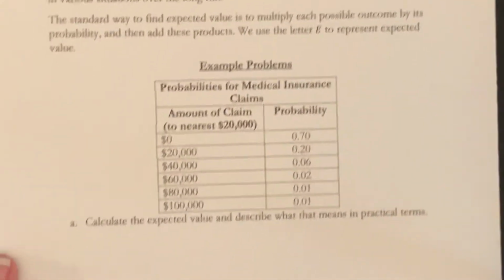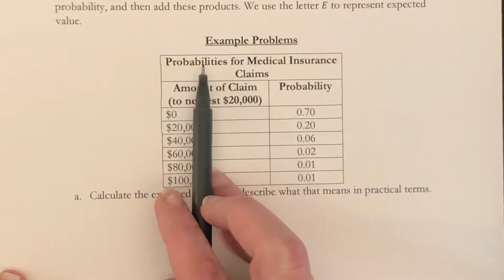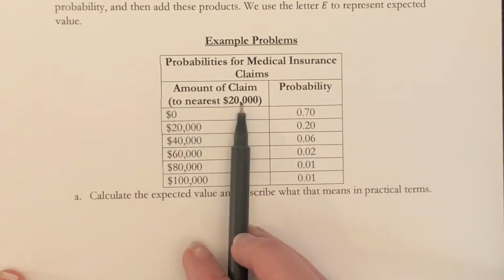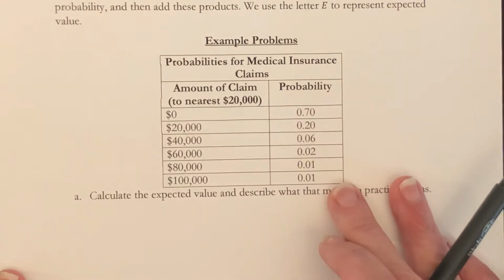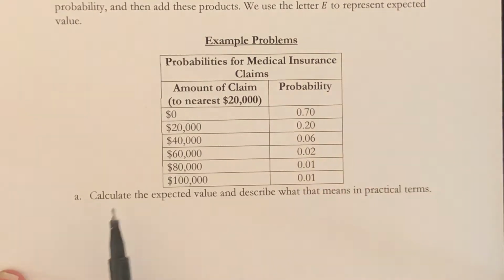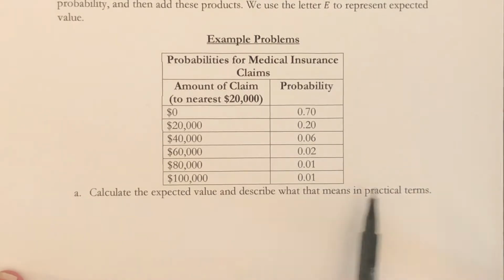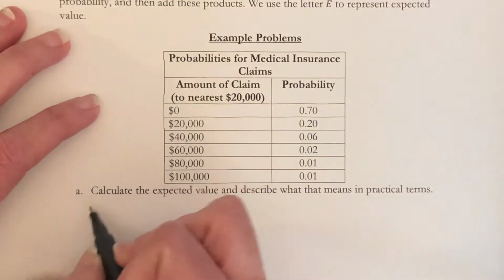So let's say that we're given this information here. These are the probabilities for a medical insurance claim, and the amount of the claim to the nearest $20,000 is given here, and the probability of having to pay this out is over here. So if we're supposed to calculate the expected value and describe what this means in practical terms, what we do if we want to find the expected value